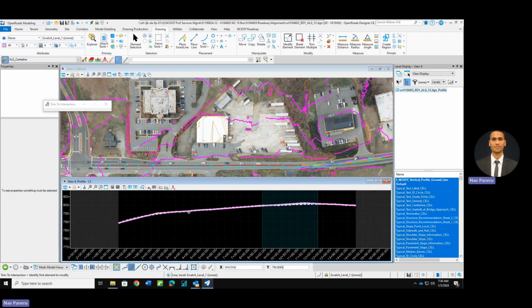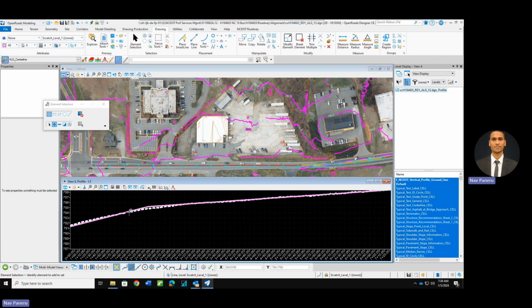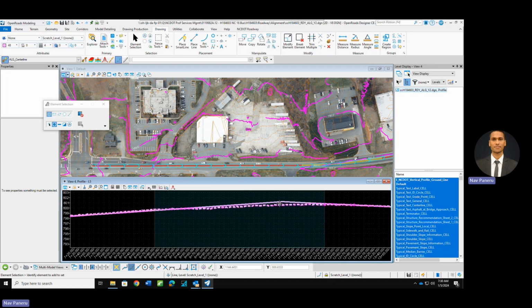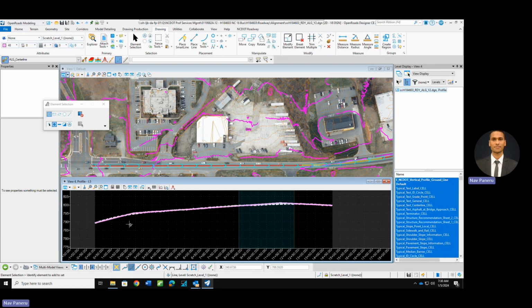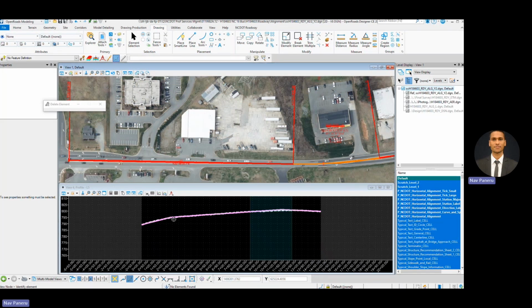Okay, so now you can tell, right? We need a curve here. We will need a curve there. So this way, we are not randomly drawing our profile. So once this is drawn,